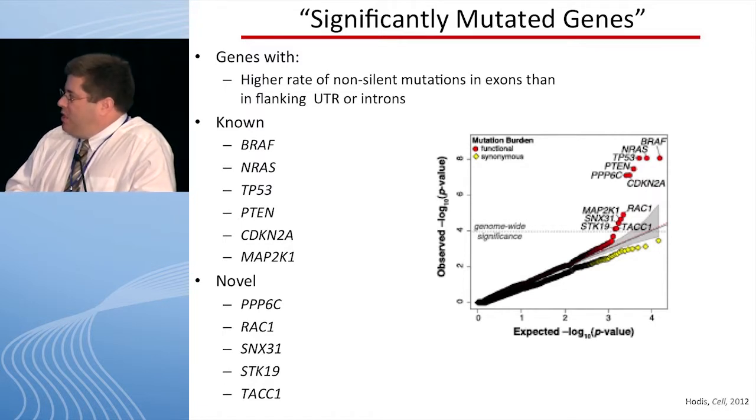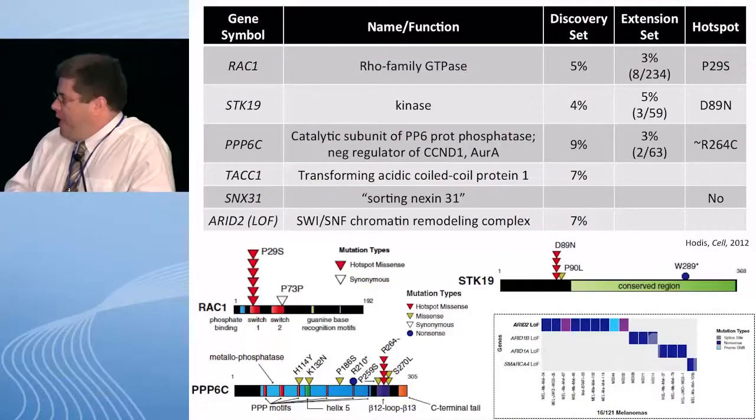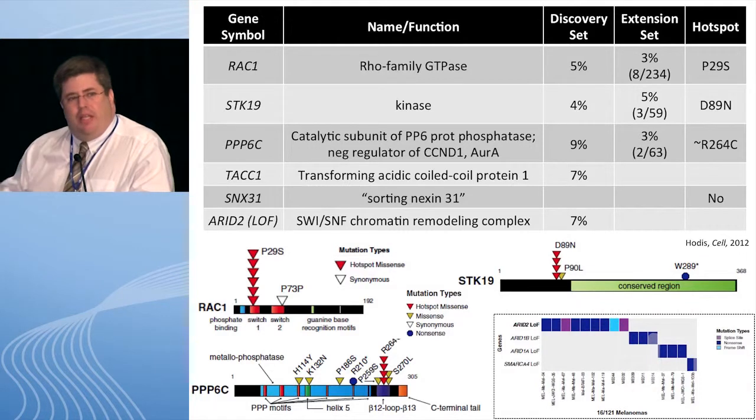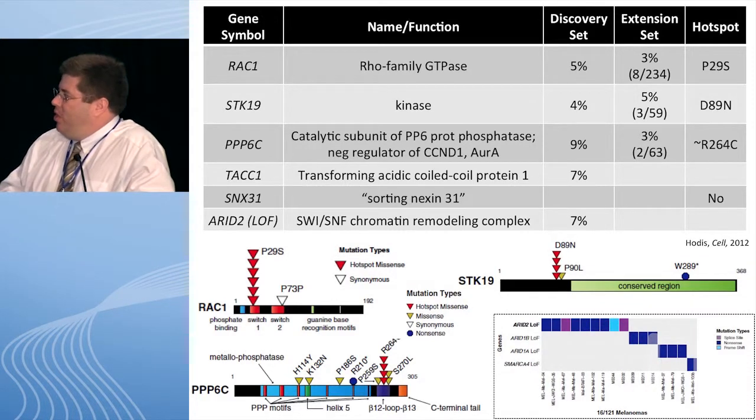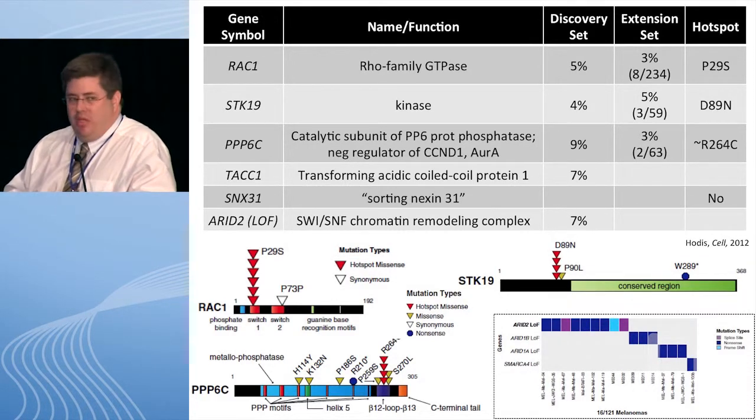There were 6 genes that were identified as significantly mutated, which we already knew about as being recurrent events. Again, BRAF and NRAS were most common. And then there were 5 genes that were purported to have been novel targets of somatic mutations in melanoma. This table is meant to really be presented as a reference. These are the genes that are the potential novel targets of mutations in this disease, the majority of which we really still don't know the functional significance of the mutations that we've actually found.